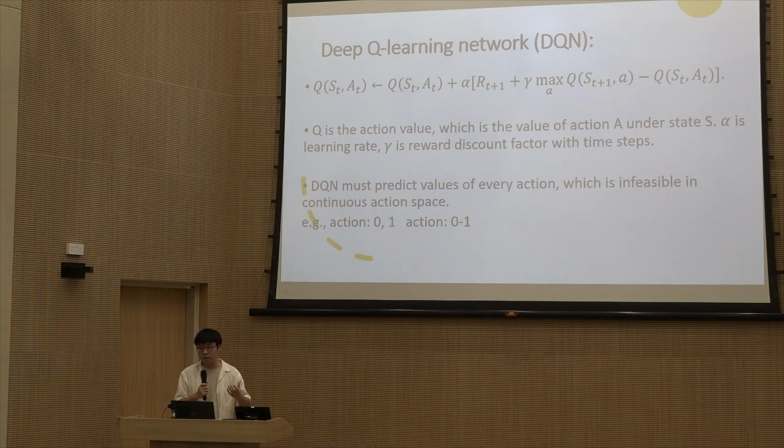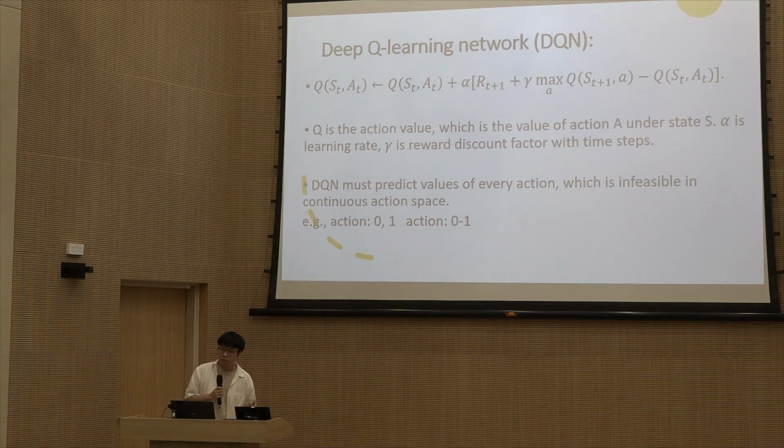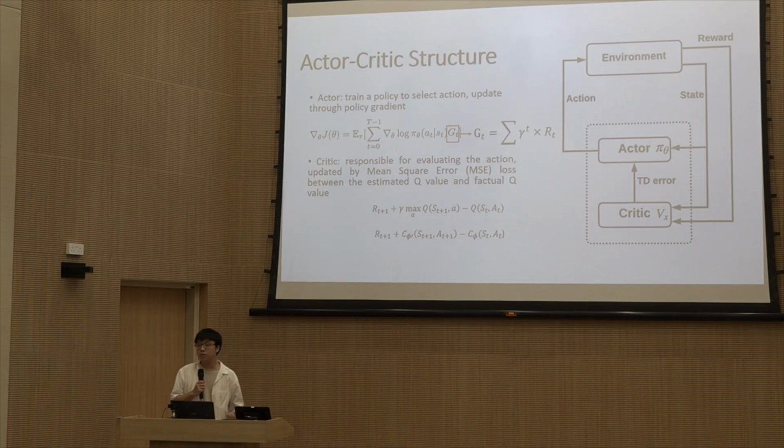So let's take a simple example. Like here, we have just two discrete actions, like action 0 and action 1. It's very easy to predict the values of these two actions, and we just select the action with the bigger value. Well, if the action is from 0 to 1, it's not possible to predict the value of every action, right? So to solve the continuous action space problem, people invented the actor-critic structure,